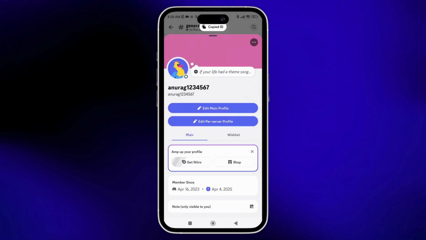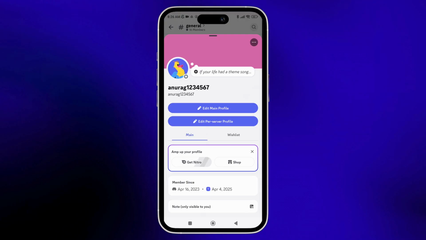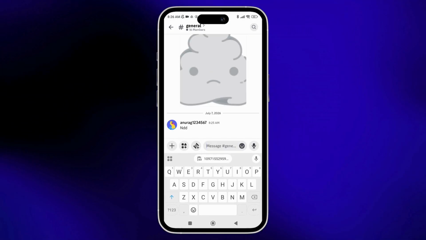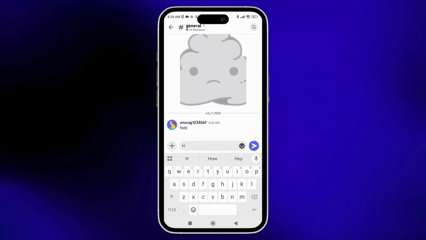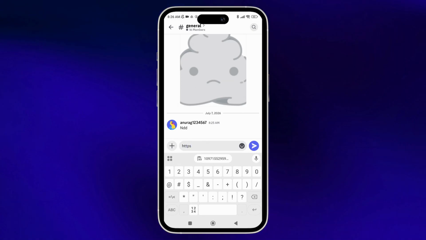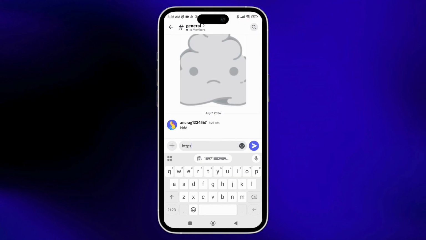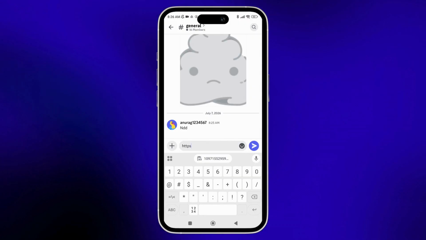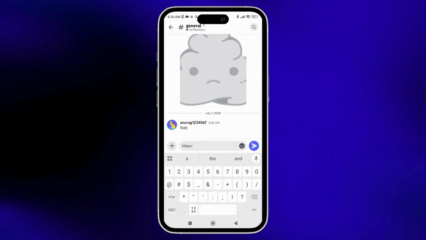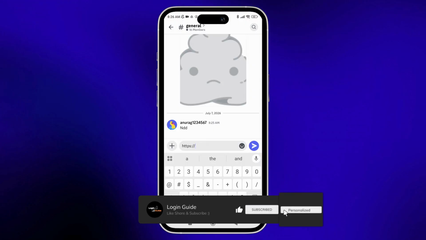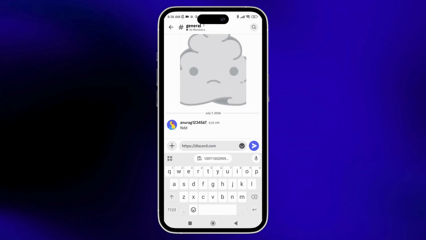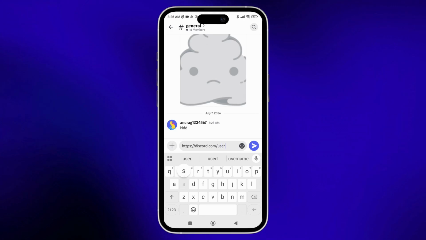And now here, once you're done with it, now to create your profile link, you need to add the copied user ID to this format. That is https://discord.com/users/